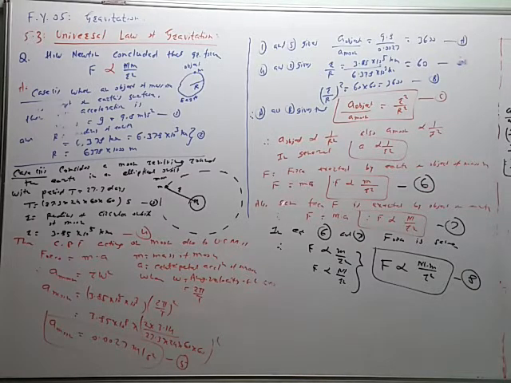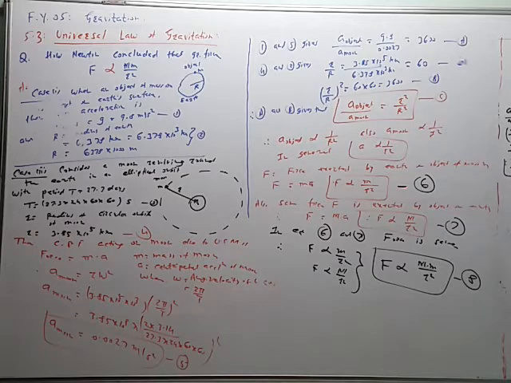Now the same force is exerted by the object on the earth. So now force is exerted by the object on the earth, so here mass should be that of the earth. In the first case, m is the mass of the object. In this case, M is the mass of the earth. So F is directly proportional to M upon r square. In both equations, it is the force between the earth and the object, and the object has mass small m, the earth has mass capital M, and r is the distance between them.